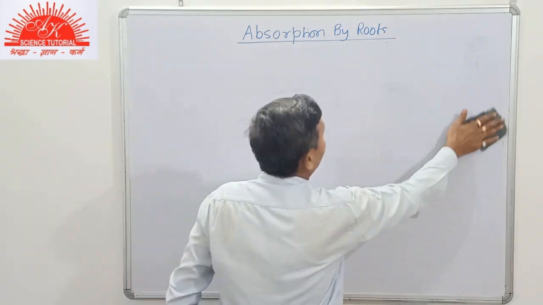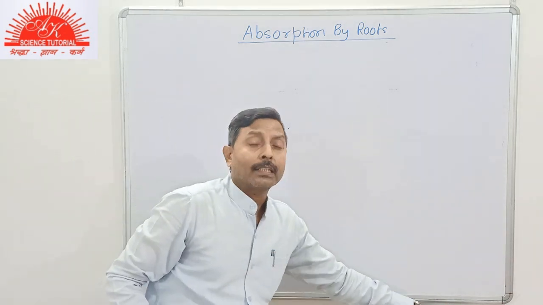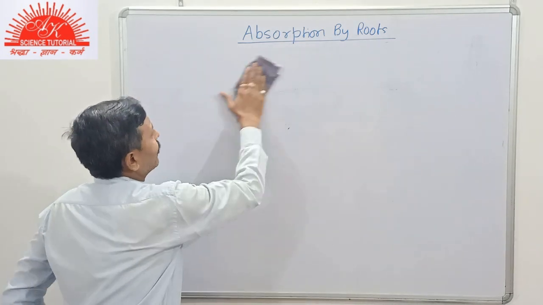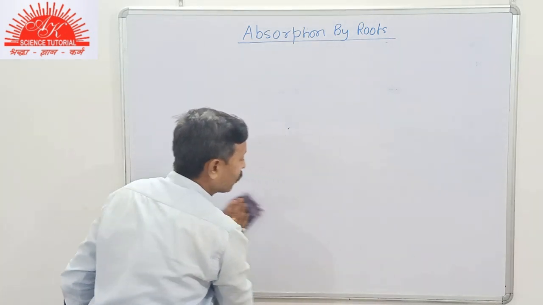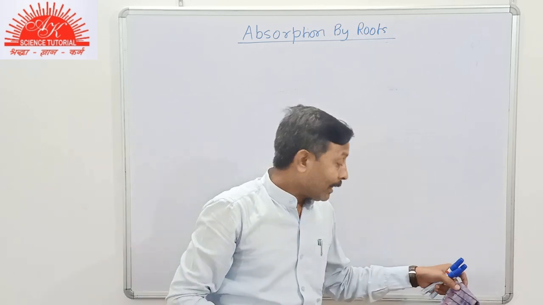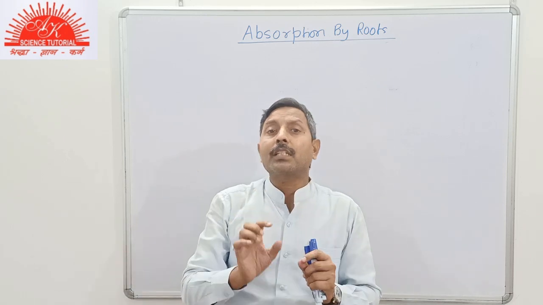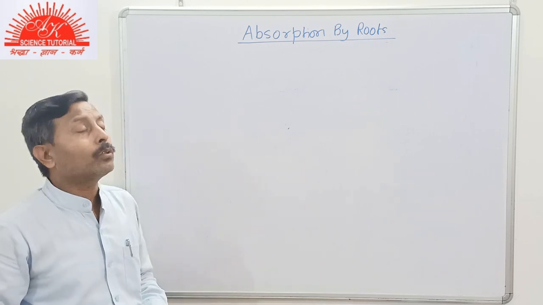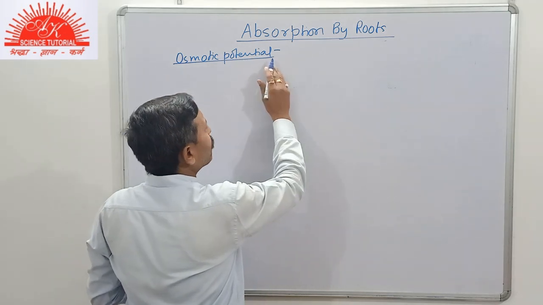Clear, students? So now, students, in this chapter, while explaining the experiments and other things, most of the students get confused about tonicity. That is, at which place we have to use hypertonic, where we have to use hypotonic, and so on. So just remember, hyper means excess of solute. That is, tonicity is related to the solute concentration. We have just defined it also. Clear, students? Now, students, the next topic is osmotic potential.